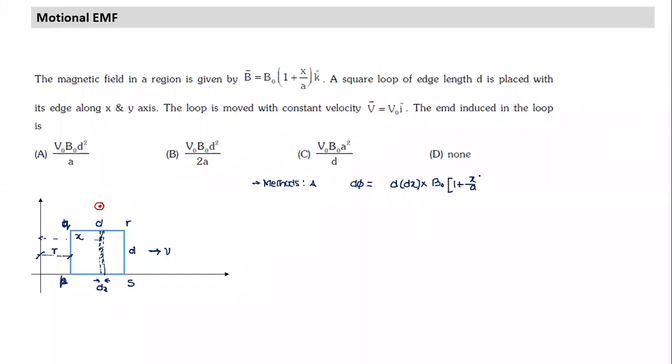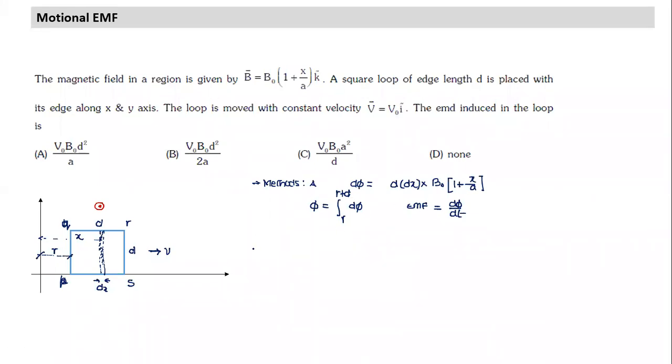This is A. And so what will be the total Φ? I can calculate the total flux through this entire loop. In that case, x is varying from R to R plus D. So I can integrate this dΦ from where to where? From R to R plus D. And then I calculate EMF, which will be equal to dΦ by dt. This definite integration you would have done, and this variable also you can calculate.